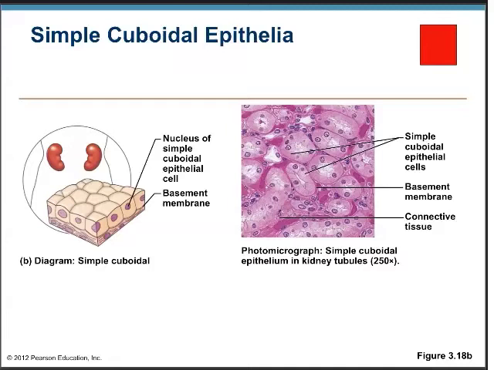Ciliated types propel mucus or reproductive cells, the eggs in the female and the sperm in the male. What you're looking at here in this picture is a cross-section through kidney tubules. Remember, I told you that the kidneys have as their main job the cleaning of blood, and this is simple cuboidal epithelium. These tubes are being cross-sectioned in the figure that you're looking at here. This is what we call the lumen of the tube. This is the space inside the hose, and these are the simple cuboidal cells that surround it and are involved